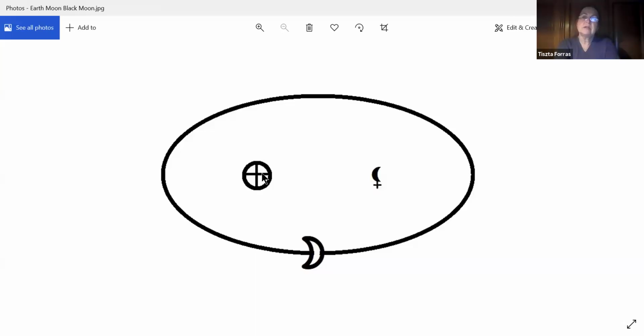What is the black moon? The black moon is a point in space. There is the Earth-Moon ellipse right here, and the ellipse has two focal points. In one focal point is the Earth itself, and the other focal point is empty. And this empty focal point is Lilith. I'm going to also show you